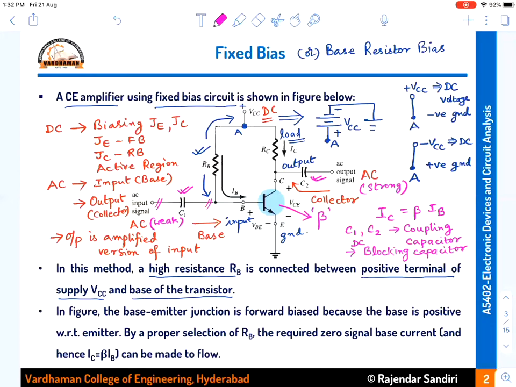So at the input side and at the output side, we have to connect capacitors C1 and C2. The purpose of these two capacitors is to apply AC to the transistor base, but not allow DC to pass. And similarly, if any DC is added to the output in the transistor, then that DC should not be passed on to the load or to the next stage, which is connected in cascade. Therefore, at the output side also we have to keep a capacitor. So this C1 and C2 we call coupling capacitors, or the other name for these two coupling capacitors is DC blocking capacitors.